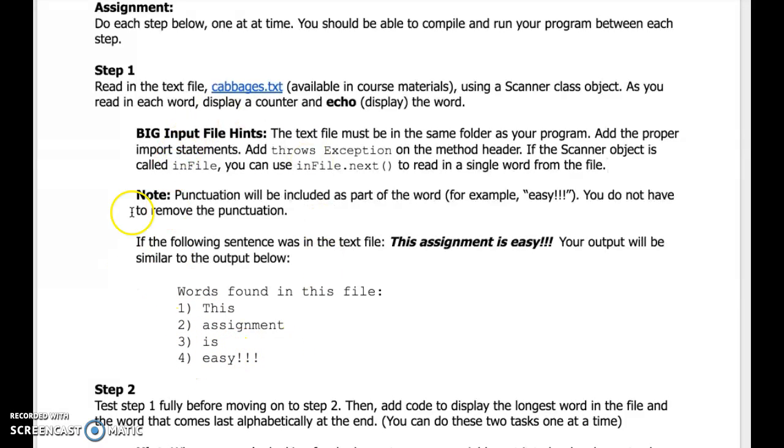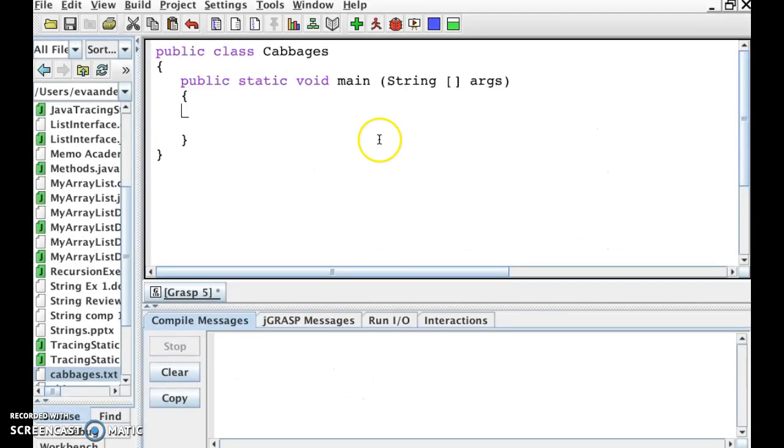So even though this all says step one, you can always break the problem down even into smaller pieces and do a bit at a time. So the first part, I am just going to display the words, not even with the numbers. So I know I'm going to want something pointing to a file. So I'm going to call mine inFile. And this is a Scanner that will point to a new File object that will point to the file name